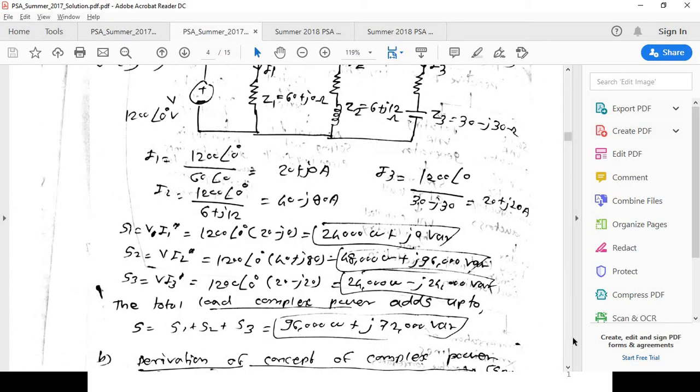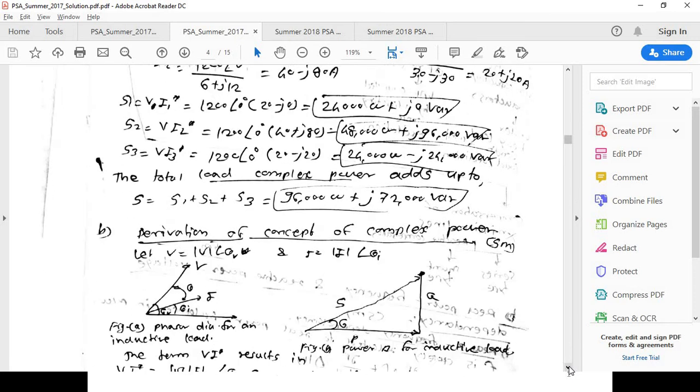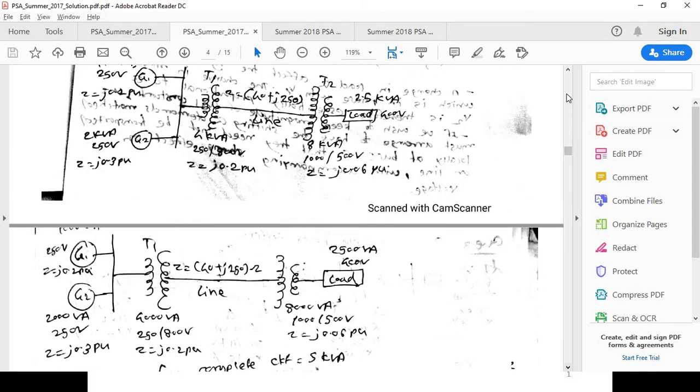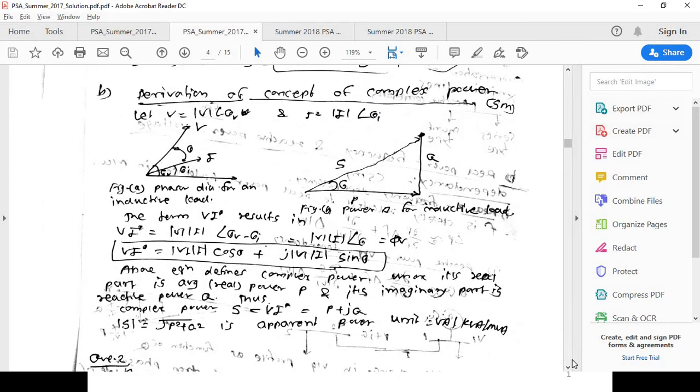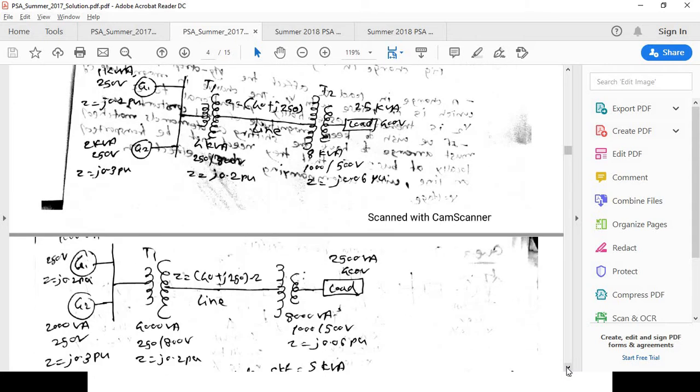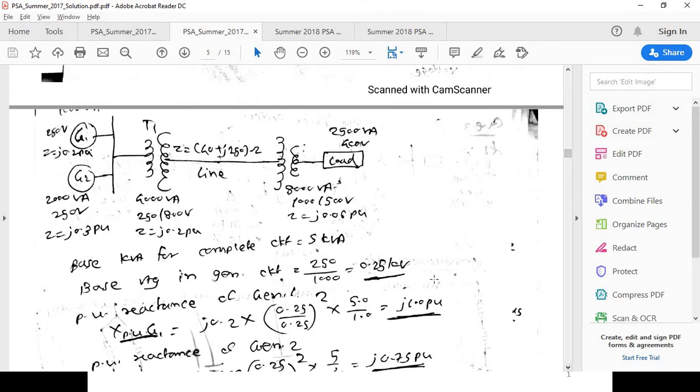This is the question 2. So we'll discuss step by step. So this is the diagram as per the given diagram. Now we have to calculate the per unit quantities. See, base kVA is 5 kVA and base voltage is given. That is, base kVA for the complete circuit is 5 kVA and base voltage in the generator circuit is 250 divided by 1000,